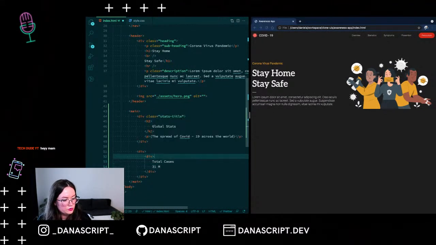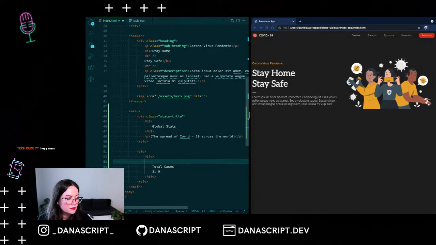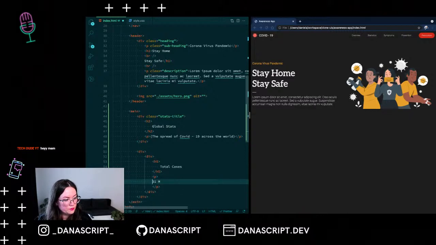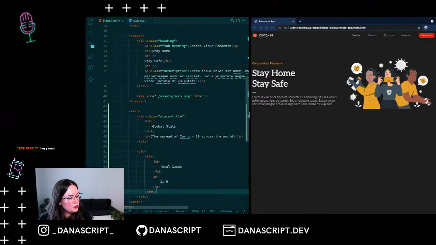We could also put that in its own thing if you want. Yeah, let's put the total cases in an H5, and the 31M in a P or a span. No, let's put it in a P. 31M in a paragraph, so as not to confuse. And then copy this down,